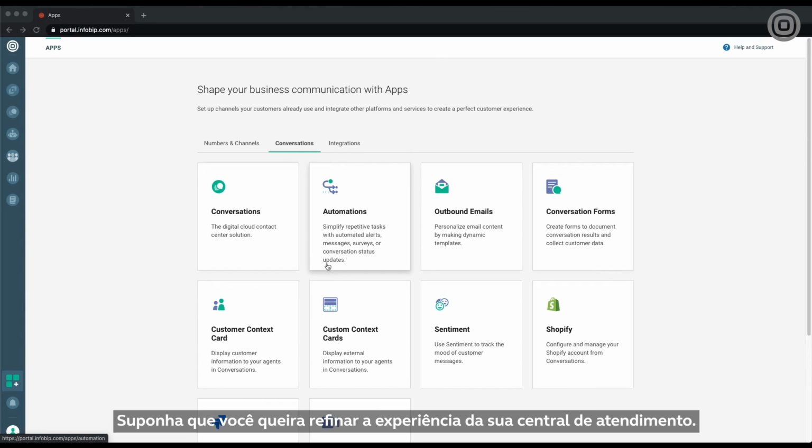Suppose you'd like to fine-tune your contact center experience. In that case, you can use surveys to collect customer feedback, and you can activate automated workflows for repetitive tasks to offload your agents. You can simplify agent workflow through conversation forms and tailored dispositions,